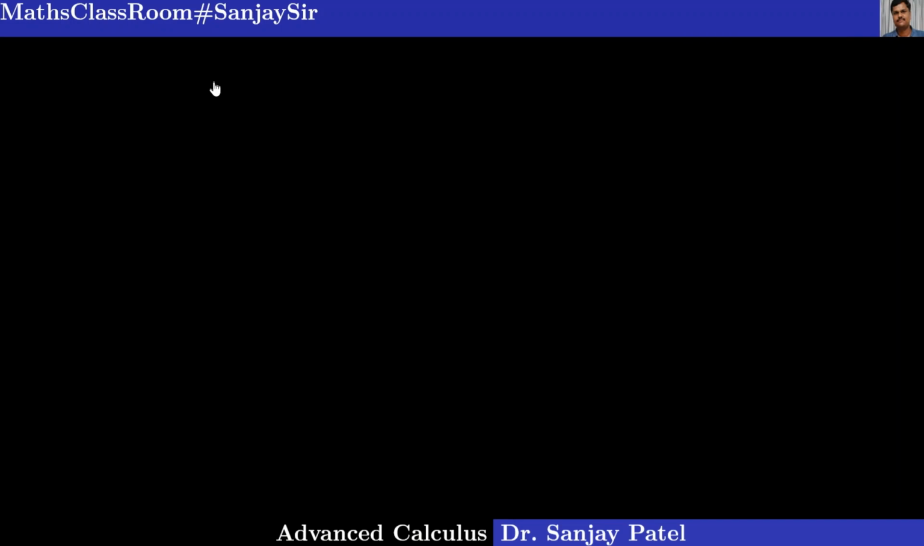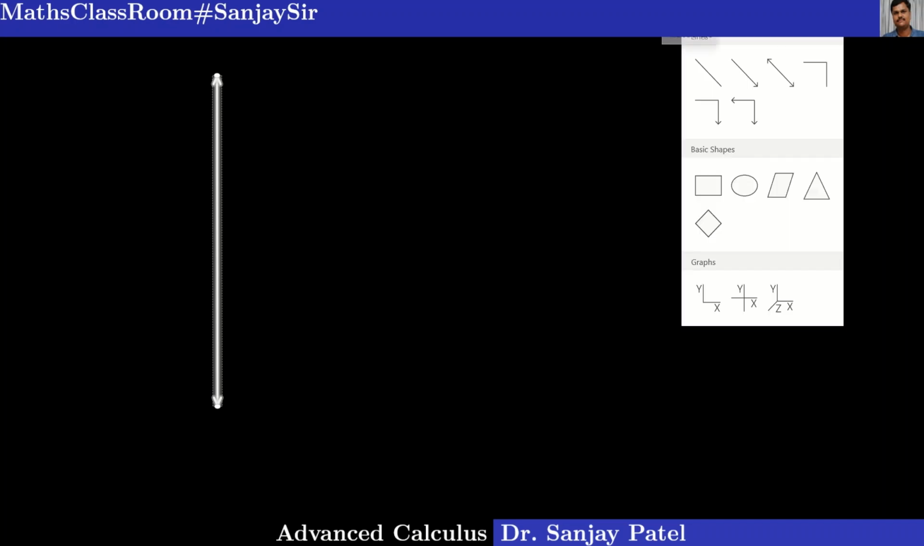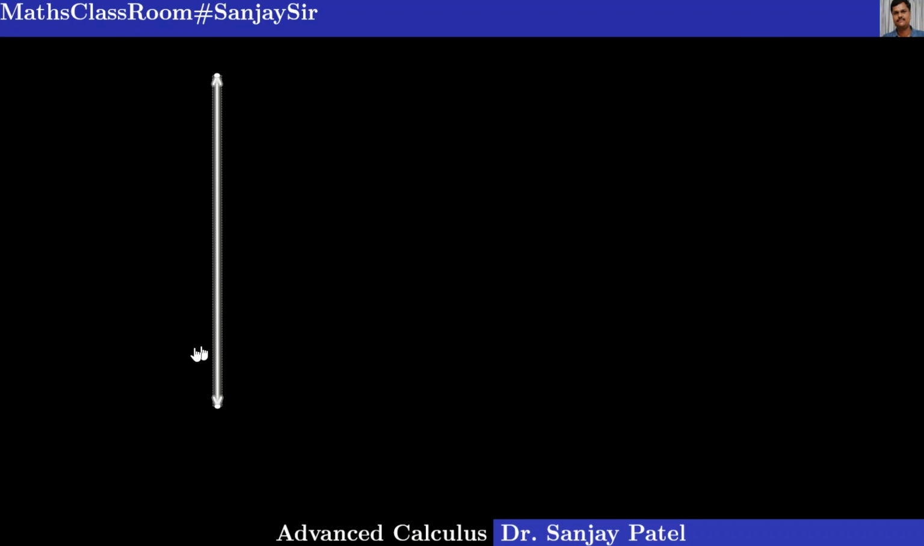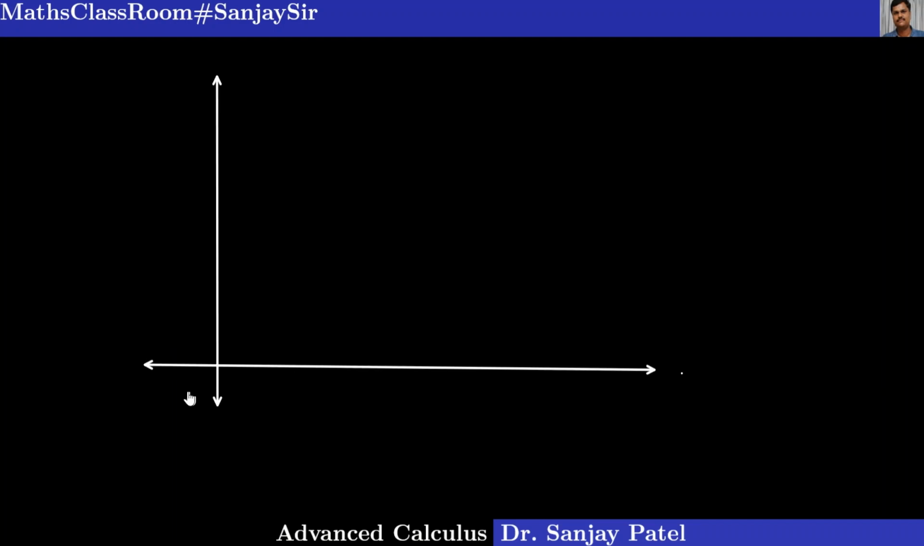So this is the y-axis, then this is the x-axis. This is the origin, x-axis, and this is the y-axis. First I draw the graph of root x, which will be something like this. It may go like this, and the graph of the